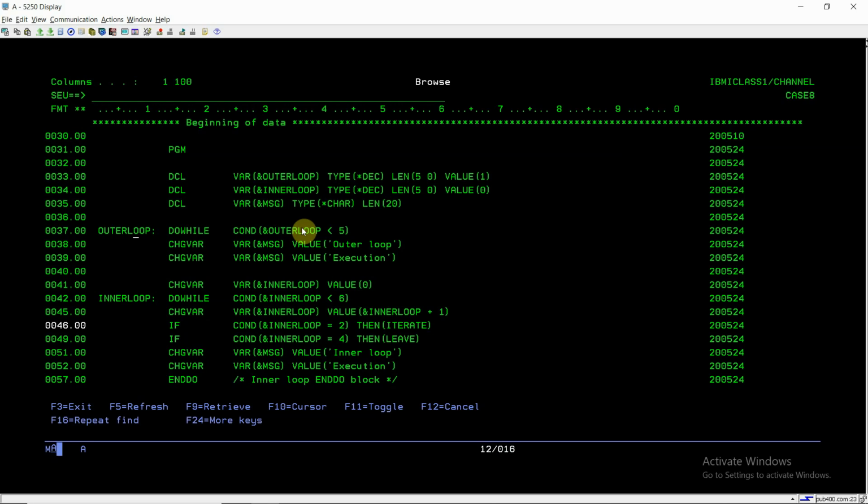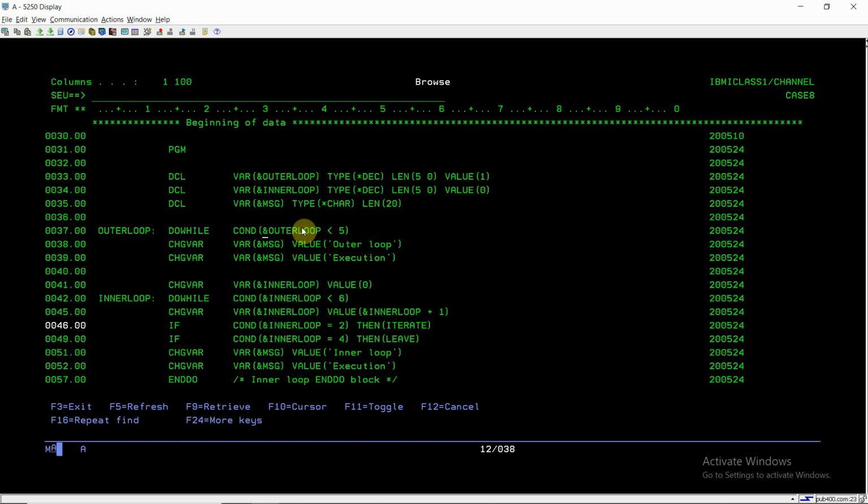Now this is the outer loop, so I use the label command with the label outer loop. Now we are using the do while loop, so we are checking the condition: if outer loop is less than 5. The outer loop is initialized as 1, so the first time the value would be 1.